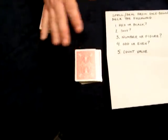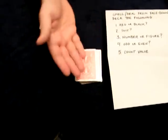Okay. Now, if their card is a black card, you don't bring out this piece of paper. You don't need it, obviously, because you're just going to input 2 pieces of information for the black card. Just 2 pieces of information. The value and the suit. That's it. All you have to do is deal down the same amount of cards as the value, just like you did with the